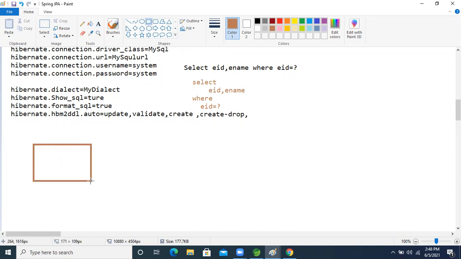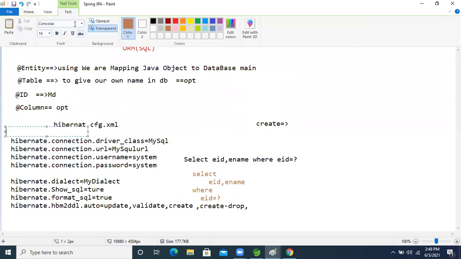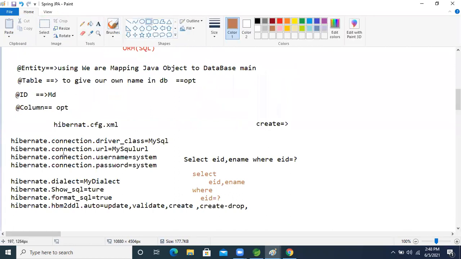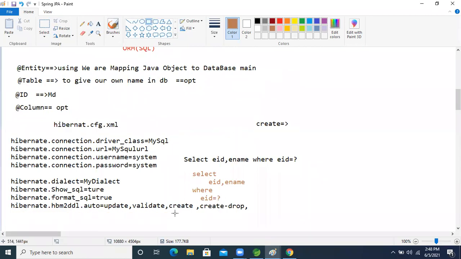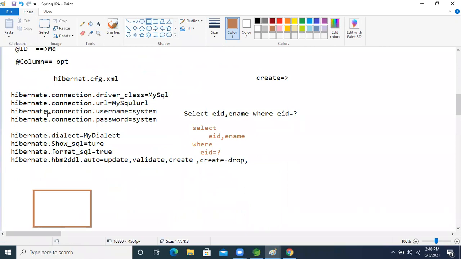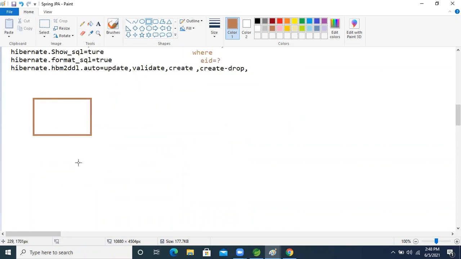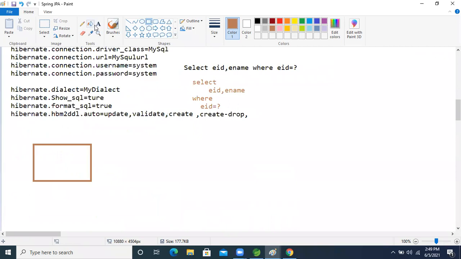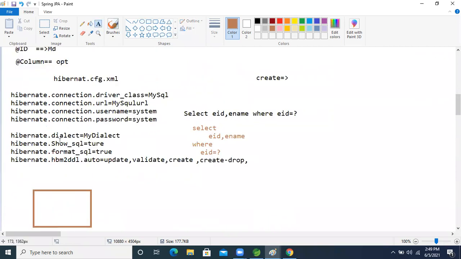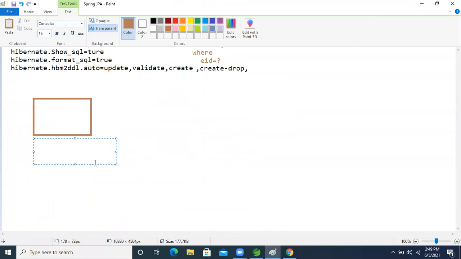Just think about that. This is our Hibernate configuration file, I'm talking about this file now, guys. We have to give this input somewhere, then our ORM framework, the Hibernate framework, will understand. So we will give this input, our Hibernate configuration XML. In this XML configuration, these properties are there now.